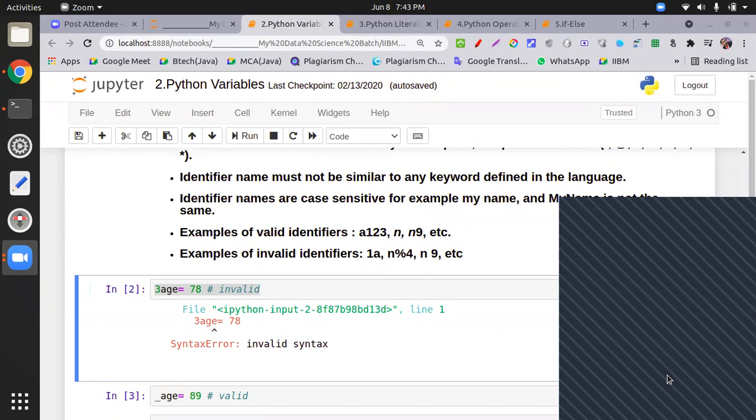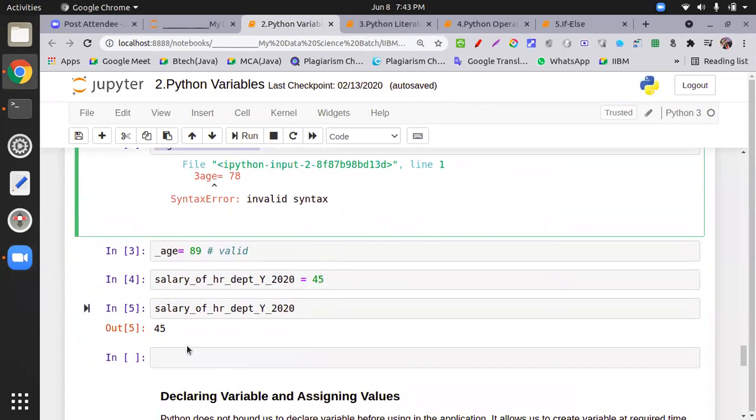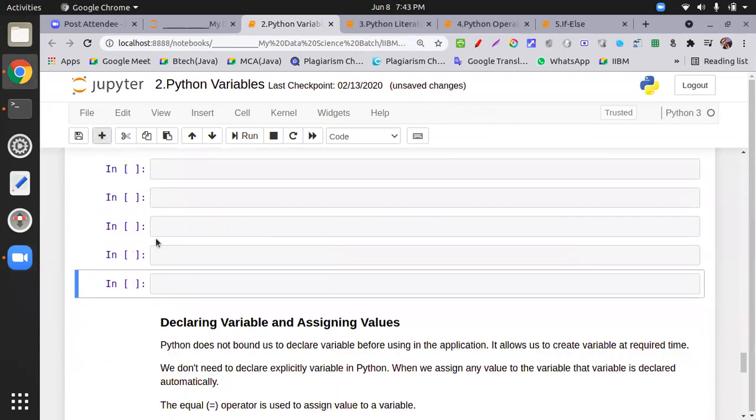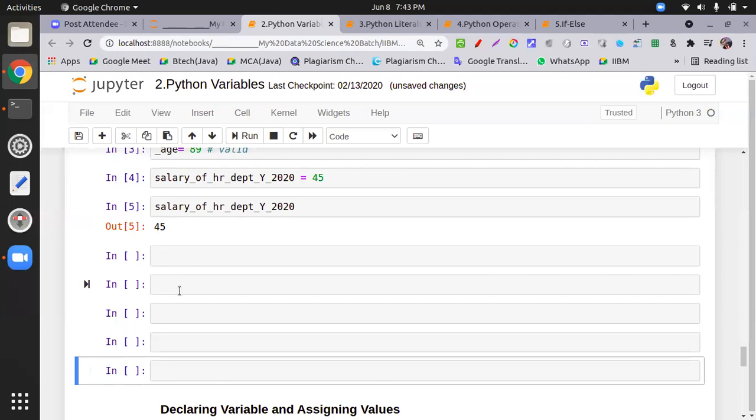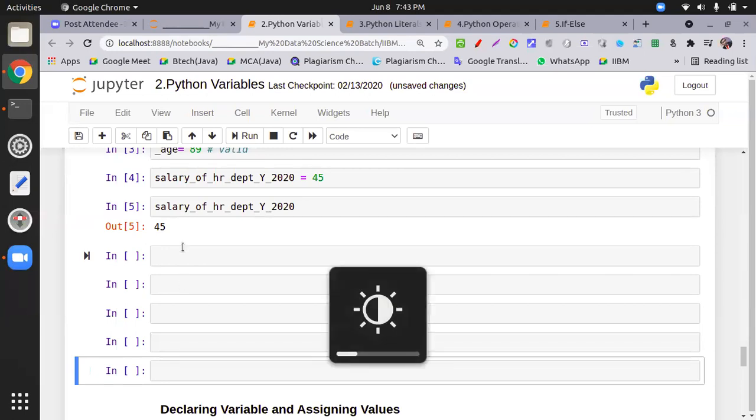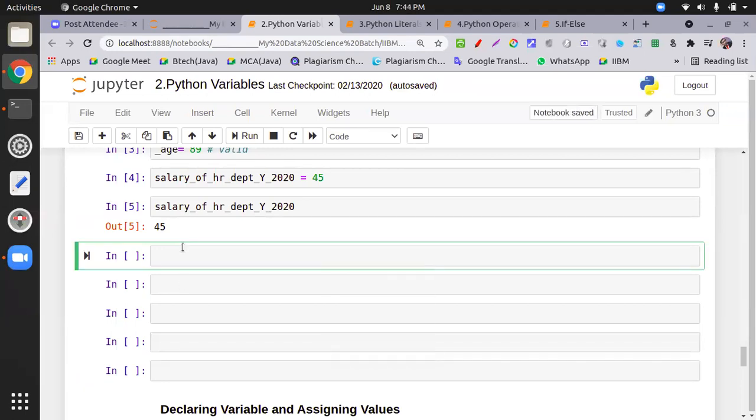Only C sharp is a language in which we can use a keyword as a variable name, by prefixing it with the at sign. So let me first write the definition of a keyword. Let me increase the brightness. Now, what is a keyword? Keywords are those reserved words.